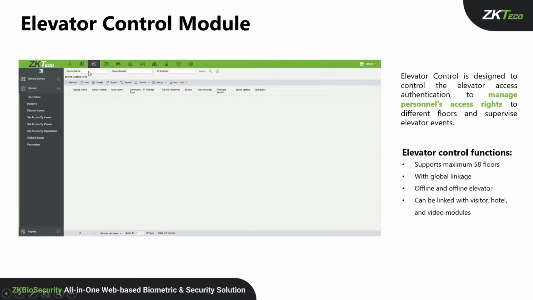The next section is the elevator control module. The elevator control module is designed to control elevator access authentication, to manage persons' access rights to different floors, and supervise elevator events. It supports up to a maximum of 58 floors with global linkage options and offline elevator. Through offline mode we can manage without software. The elevator control module can also be linked with the visitor, hotel, and video